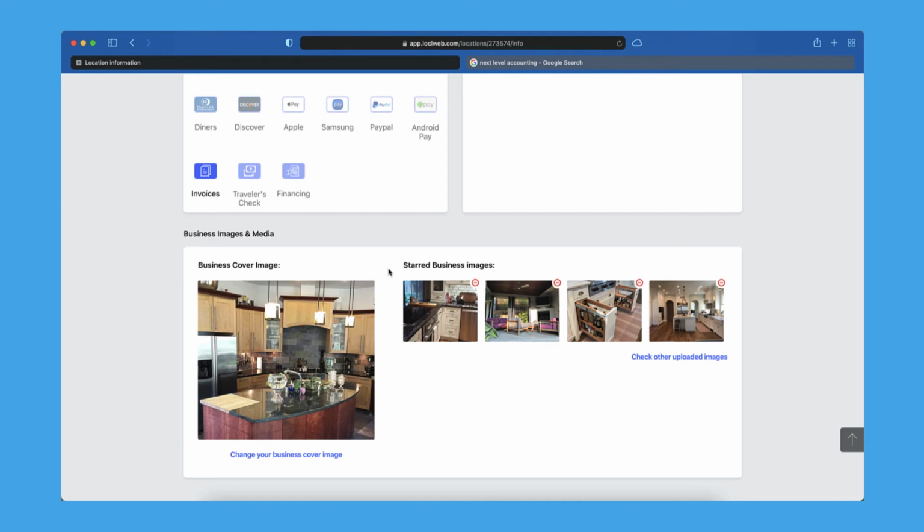And then also make sure you add as many other images that are relevant for your business. Don't just put whatever. Don't put the same image over and over. If you're a garage door company, you don't need to put the same picture of a garage door over and over. Maybe one that represents each type of work you do. Maybe a commercial garage door.